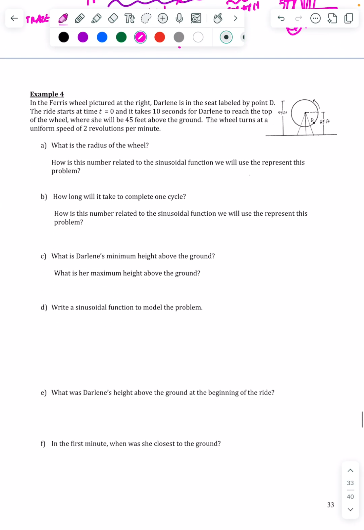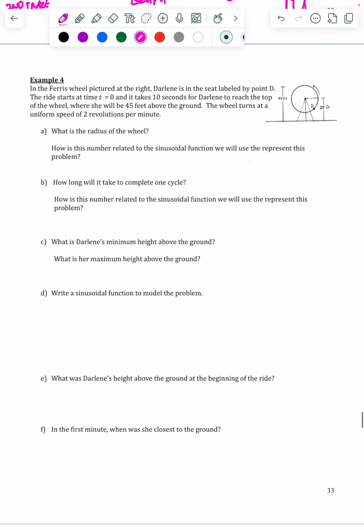For example 4, it's an interesting example, also very common. Ferris wheel example. It says in the Ferris wheel pictured at the right, Darlene is in the seat labeled point D. So she's right here. She starts at time equal to 0, and it takes 10 seconds for Darlene to reach the top of the wheel. So this 10 seconds is your shift, your C in the equation, where she will be at 45 feet